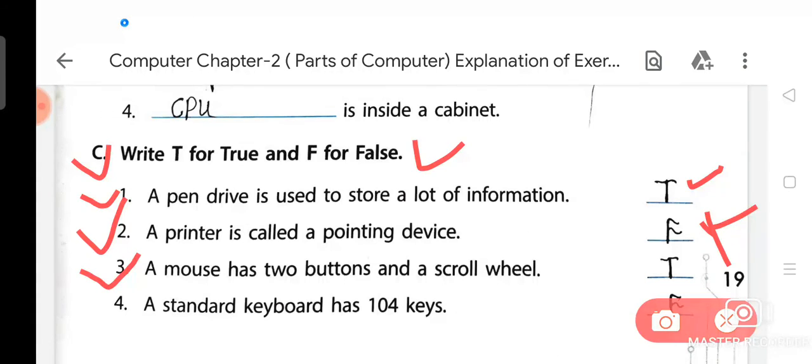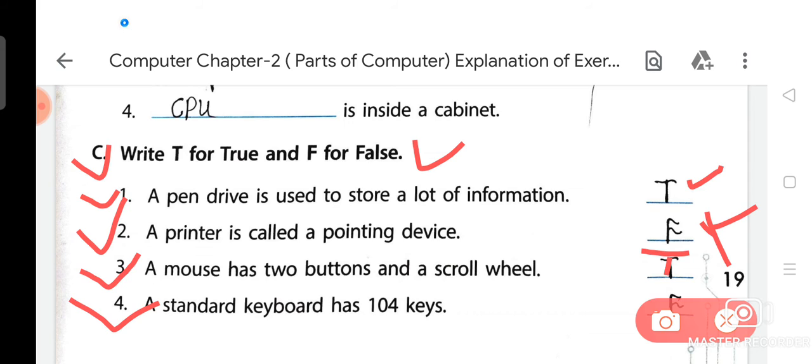Third: a mouse has 2 buttons and a scroll wheel. You have already learned from your chapter that this statement is true, so you can fill in T. Question number 4: a standard keyboard has 104 keys.